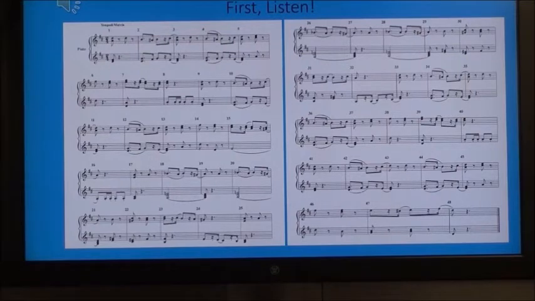Okay, now let's talk about the keys of the sections. What is the key of the first section? D. Second? D major. How do you explain the cadence on A in bar 16? The first section just ends on a half cadence. Okay, you could interpret that as the first section is in D and ends on a half cadence, or you could say it's in D and it modulates to A. You could say that.